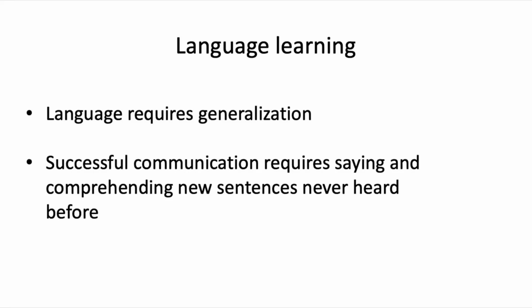But yet, we're pretty much always sure that we know what the new sentences we hear mean, and that the new sentences that we say will be understood by others. For example, many of you probably haven't heard someone say the exact sentence, "I've never shouted this exact sentence before." Even if you've never heard someone say that exact sentence, you understood what I'm saying. This is an example of our need to be able to make generalizations beyond our past experience in order to communicate with language. We're always saying and hearing new sentences that we haven't exactly encountered before.